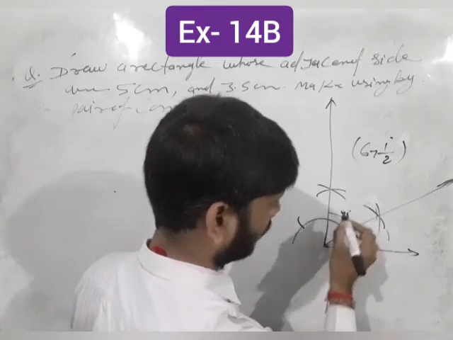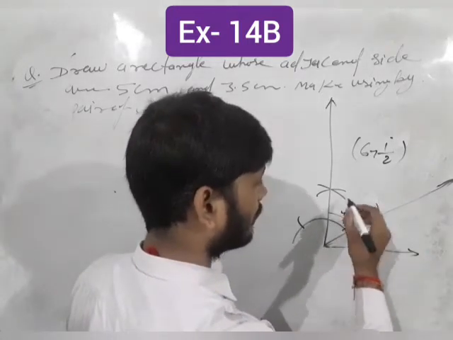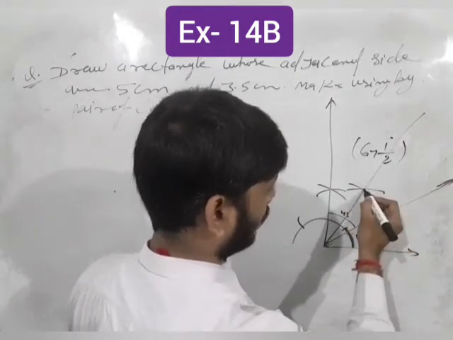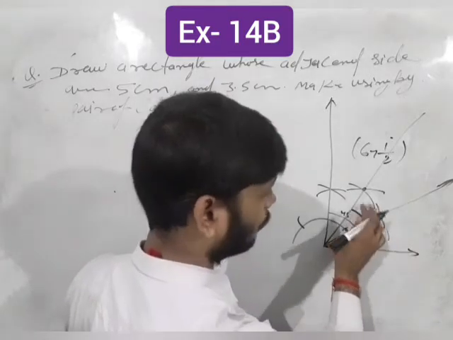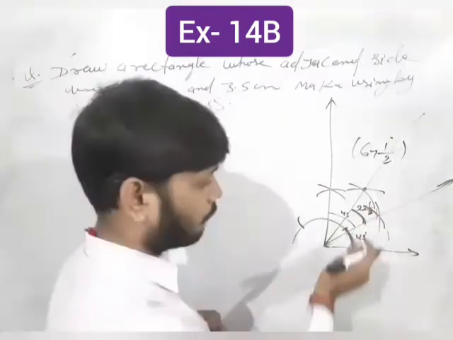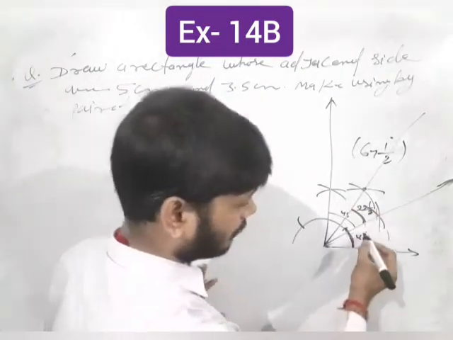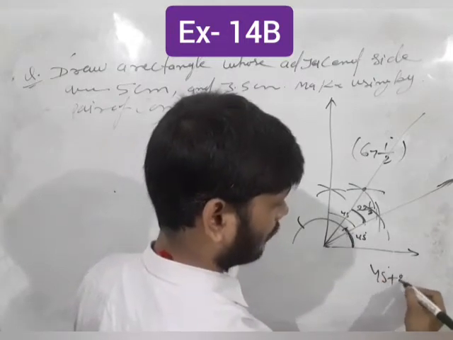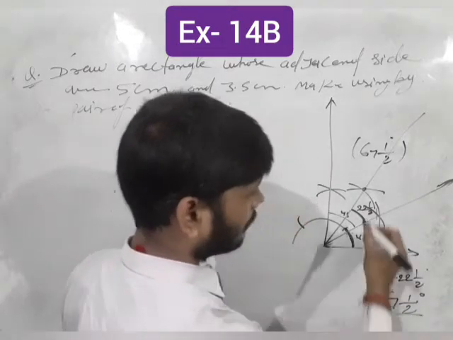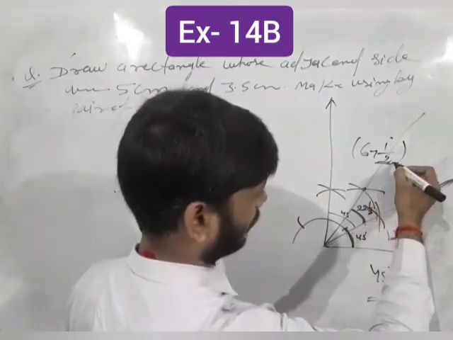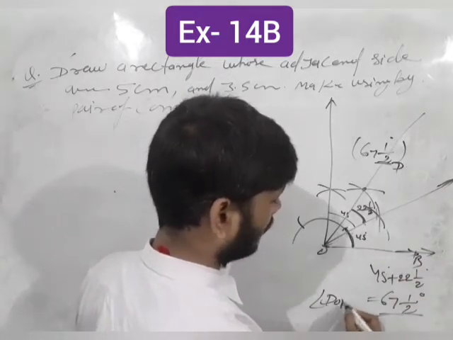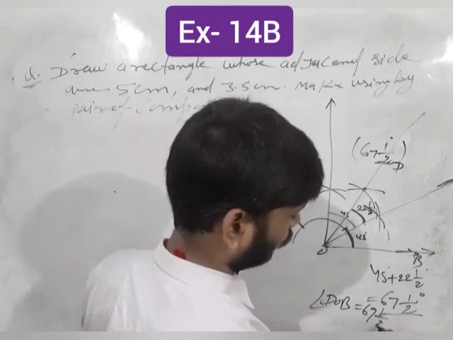Here 45 degree. And when you bisect this, students, draw this angle and this way, and draw this. Students, from here to here, its value is half of 45 degree, that means 22 and a half degree. And students, when you add 45 degree plus 22 and a half degree, that means 67 and a half degree. Suppose its name is D O and here B. So angle DOB is equal to 67 and a half degree.